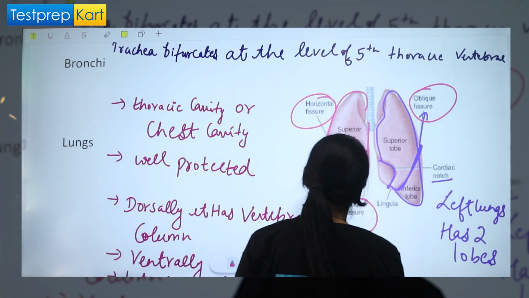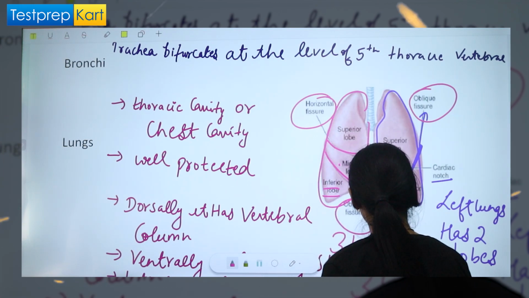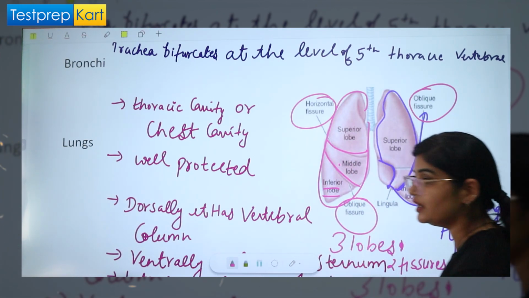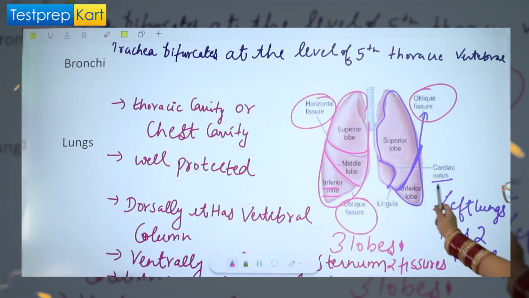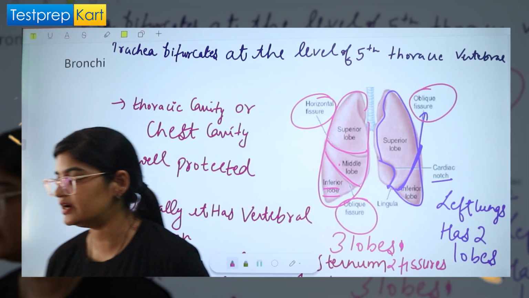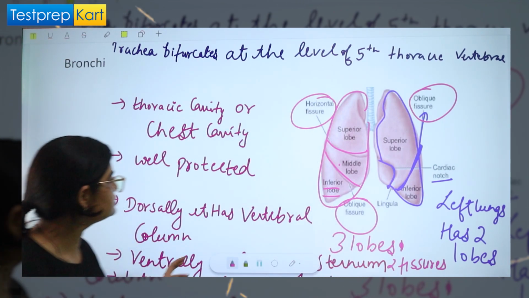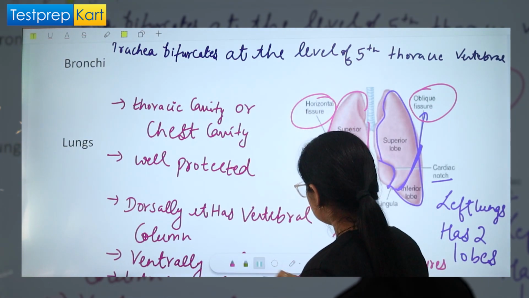So we can say that the right lung has three lobes and two fissures, whereas the left lung has two lobes and one fissure. So we can say that the oblique fissure is the common point between the two lungs, and there are a superior lobe and an inferior lobe. But in the right lung, we have three lobes, that is the middle lobe as well, right? So this is about the lungs, right? Now moving forward,